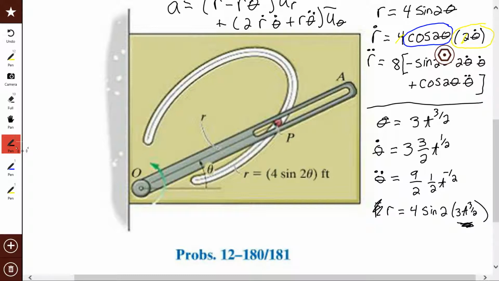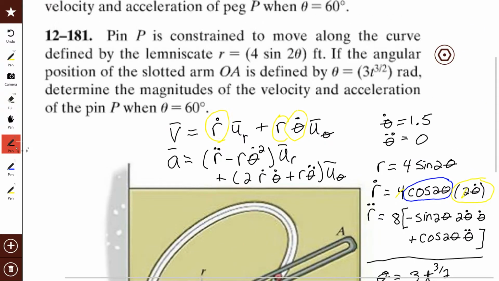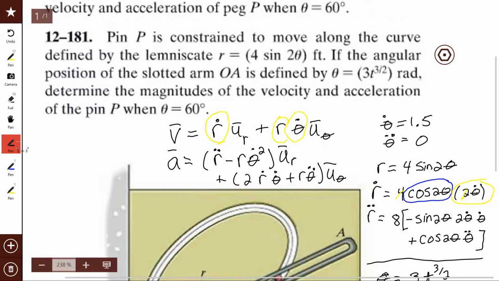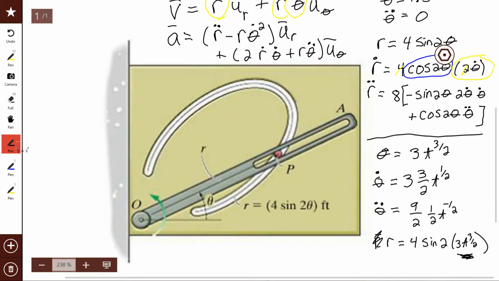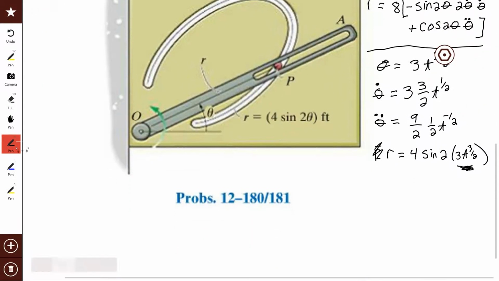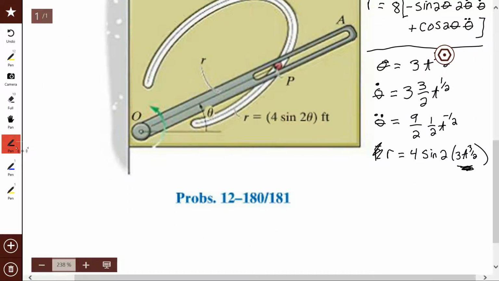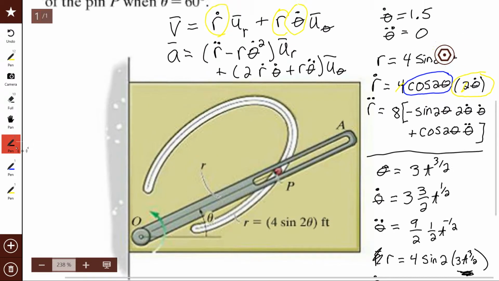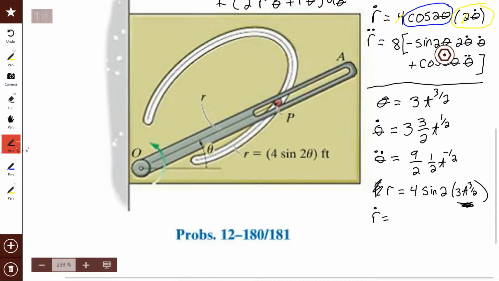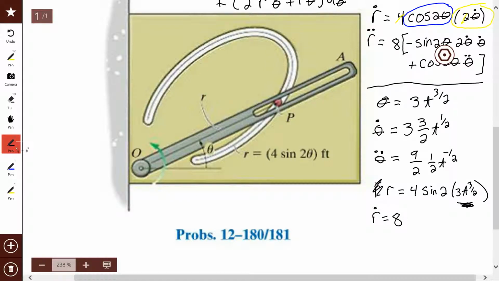So when you do calculation, make sure that you're using radians. For example, right here it says that the angle is in radians. So be careful. Make sure that you plug it into your calculator properly. R dot I took before. That one's easy. That's equal to 8 cosine of 2 theta